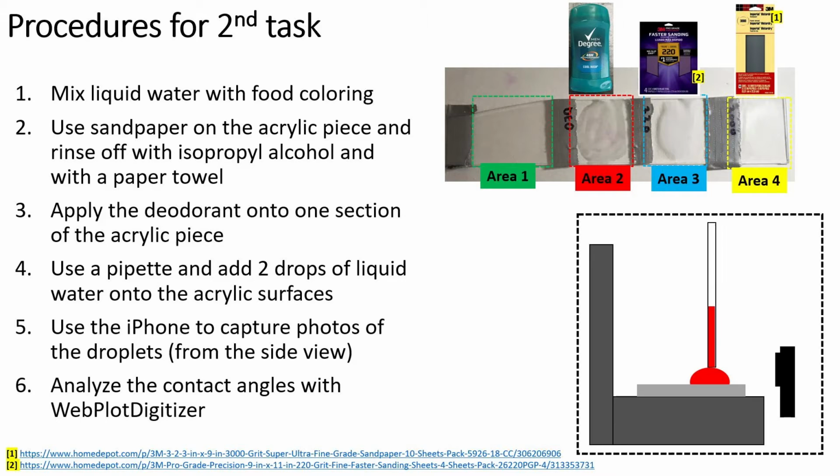Area 3 is the 220 grit sandpaper applied to area 3, and we just did the same technique for 20 seconds, both counter and clockwise motion. And then area 4 is the 3000 grit sandpaper, also with the same technique, 20 seconds, both counter and regular clockwise motion. Once the acrylic piece is ready to go, I was able to dispense my 2 drops of liquid